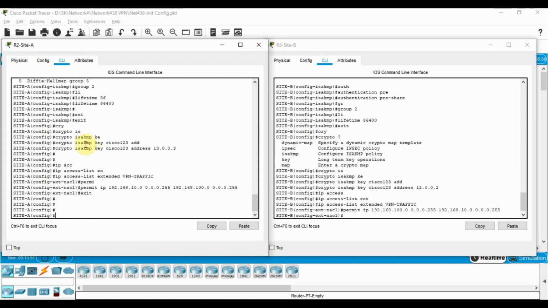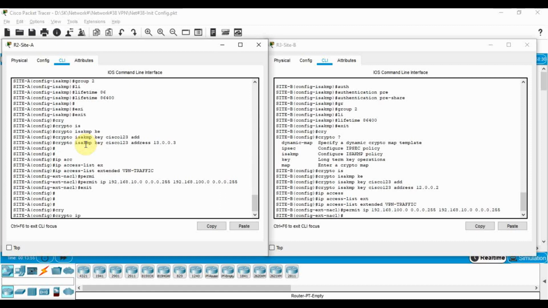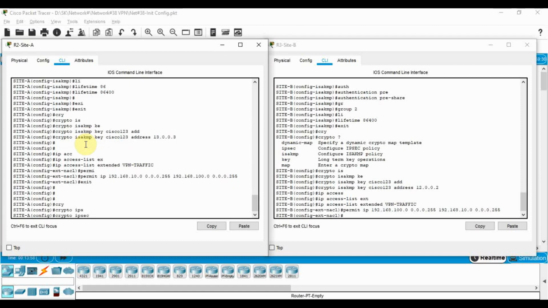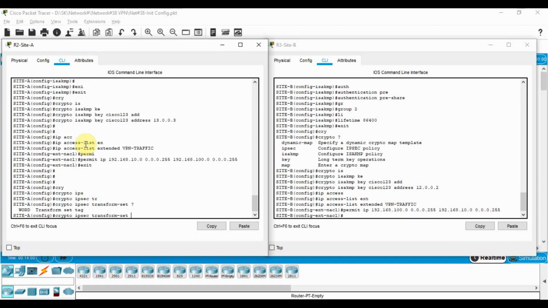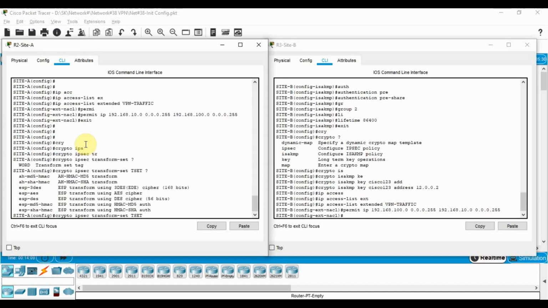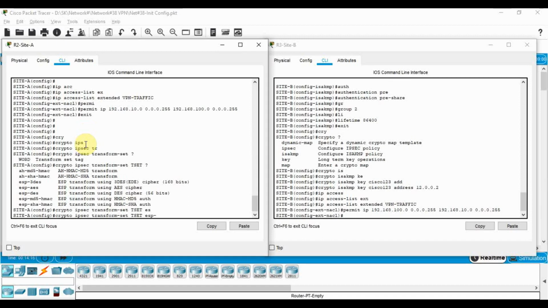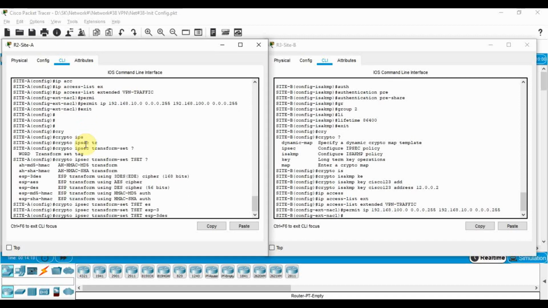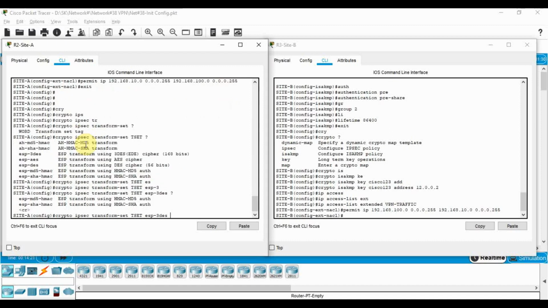Let's exit from the ACL configuration, and the command for that is crypto ipsec transform-set, and by using the question mark we can put any name we want, so we just name it TSET, which stands for transform set. You can use any name, use the question mark, and these are the options we have. So let's go with ESP triple DES, and then by using the question mark we can see